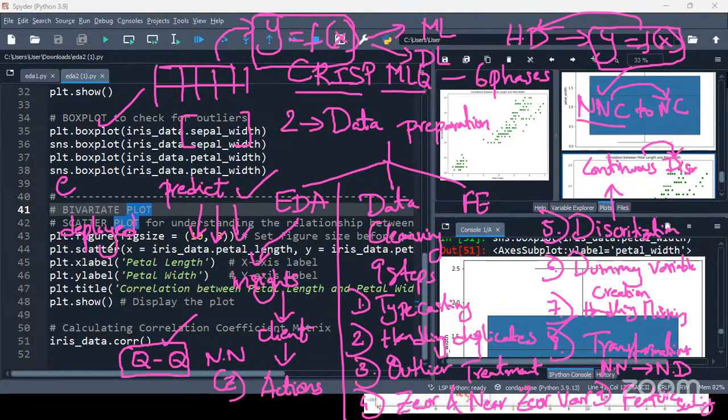Post deploying, the client starts using this model on new data. For the new data there is no output; the output will be predicted by the model. I hope it is making sense.